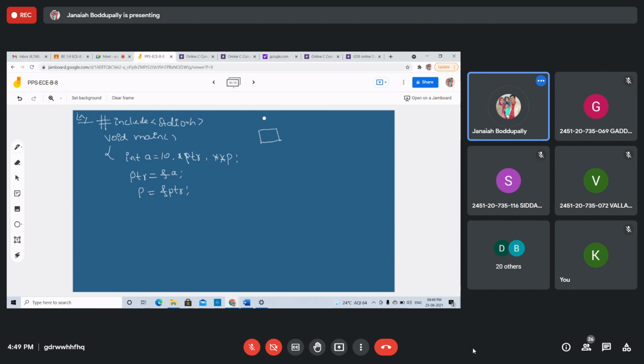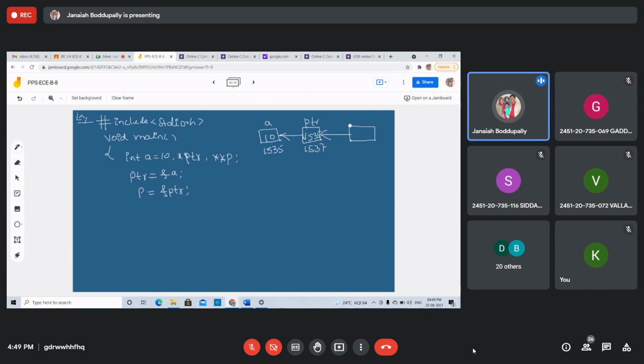See this figure. The a variable, an ordinary variable. This a is the integer variable which stores the value 10. Right? Suppose the address of this is 1535. Address location 1535. I am taking one pointer variable, ptr, which points to the data variable a. Now, what is the value inside ptr? Address of a. Ptr equals address of a. What is the address of a? 1535. And ptr has some address, 1537, like this.